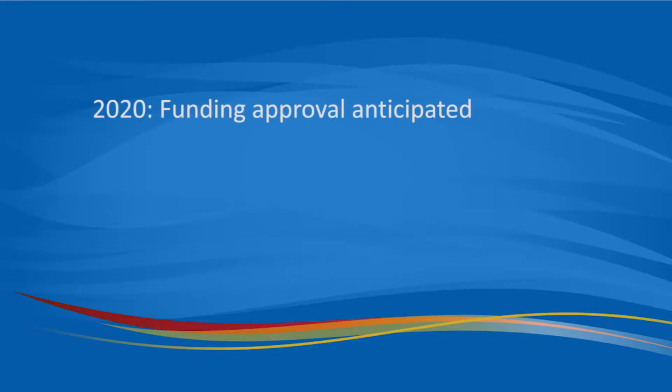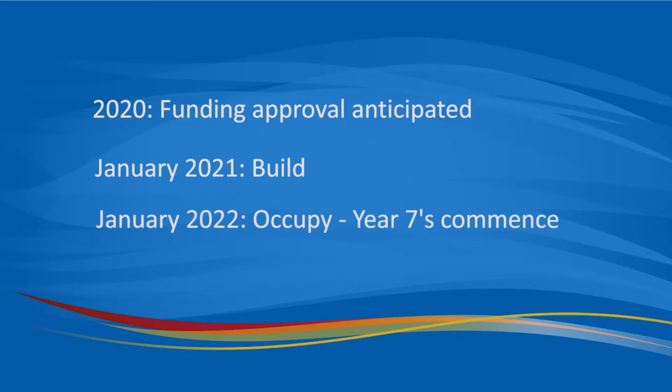The development of the college will take around 12 months from when we first break ground to when we finish. Weather permitting is always an issue up here, but we've got quite a lot of work to do between now and when we do actually start. So the first stage of development, provided we get our funding through the QCEC capital grants process, will commence in January 2021, and we'll build through 2021 with a view to opening the school for the Year 7 intake in